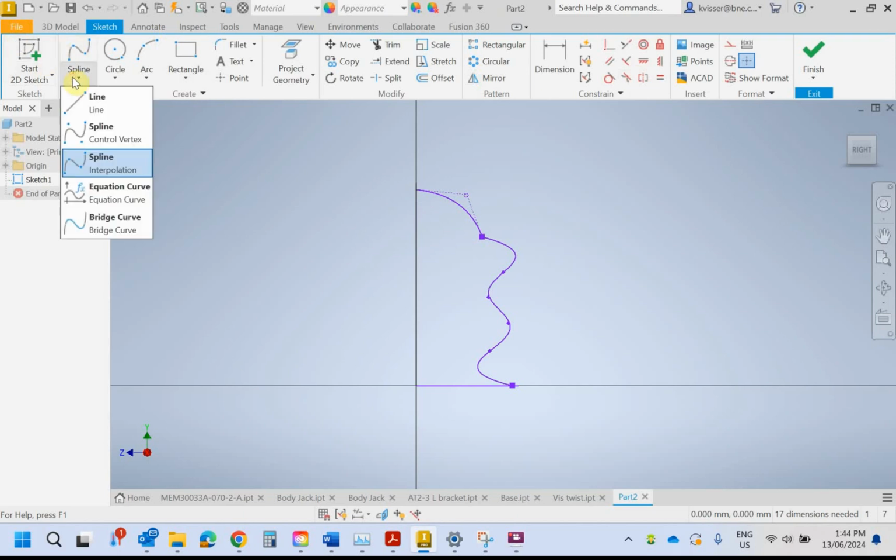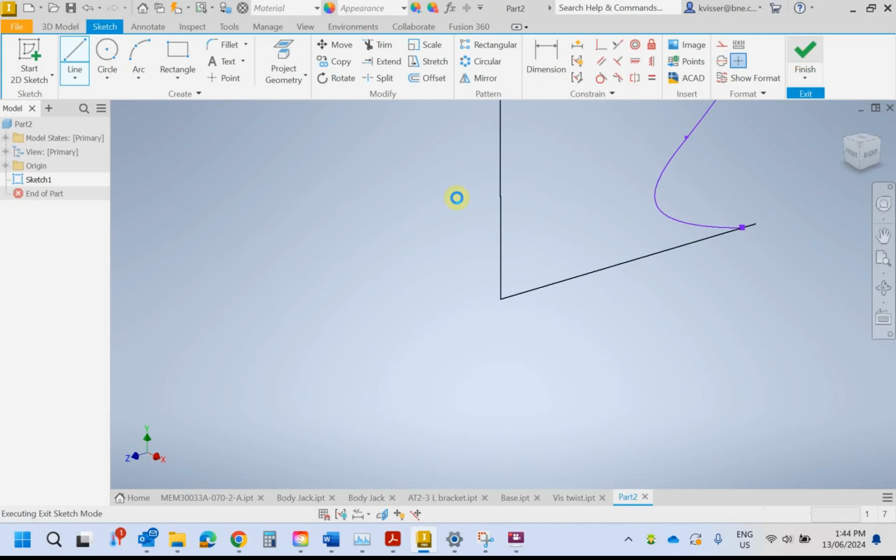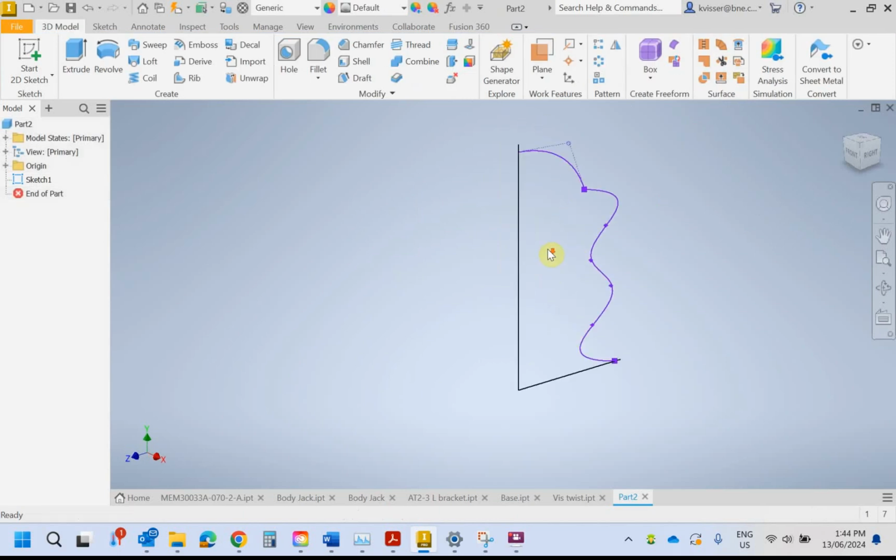I'm going to put a line from that point to that point. Now obviously you're not just going to go draw a shape willy-nilly, you're going to have to be working from your initial design concept, but this is just an example. So now that I've finished this profile and it's a closed shape, I can click on finish